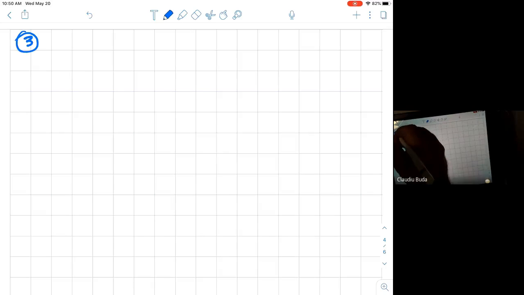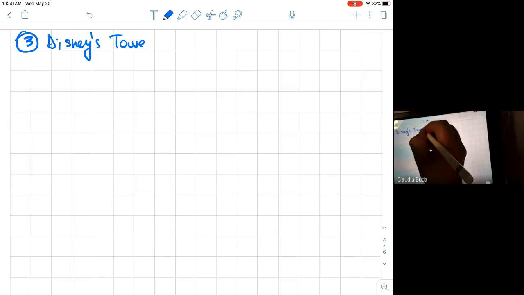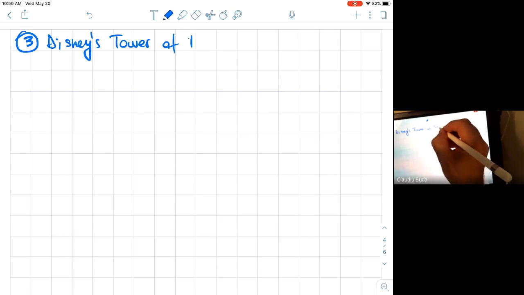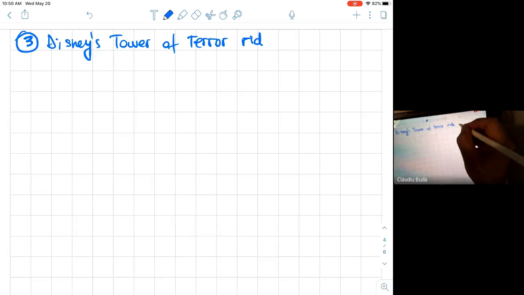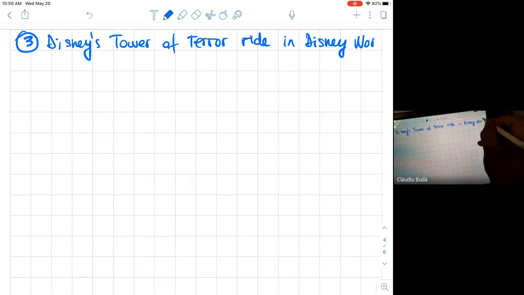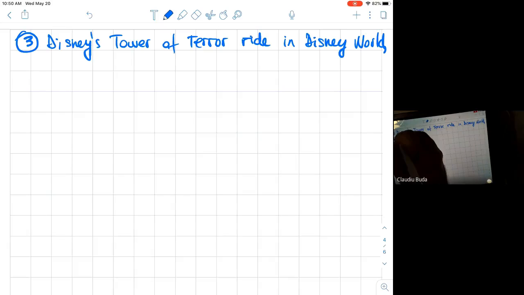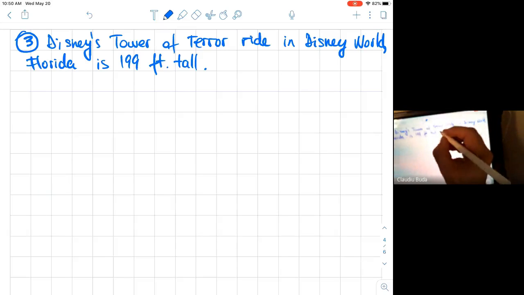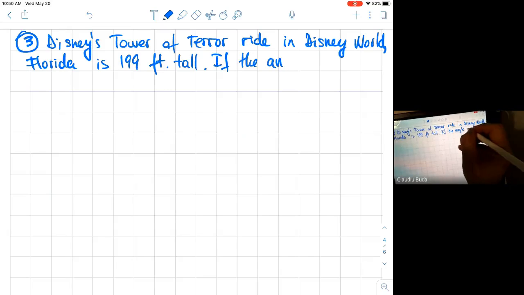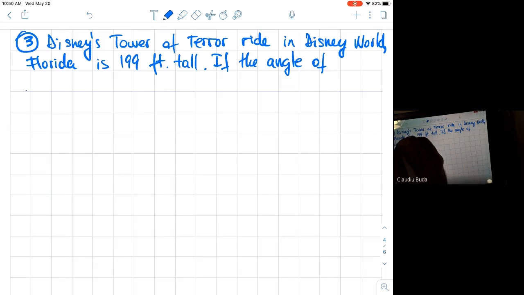Okay, so let's say Disney's Tower of Terror ride in Disney World, Florida, is 199 feet tall. If the angle of elevation